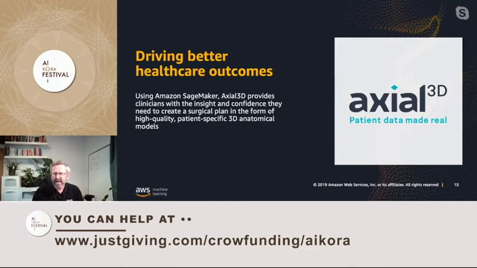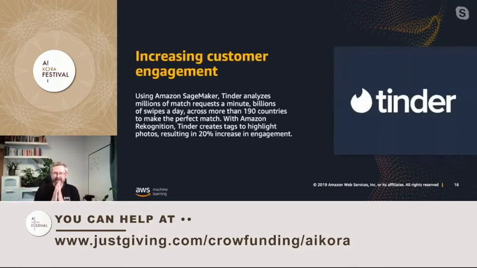A much more fun example is maybe Tinder. So Tinder are a customer, they're using Amazon SageMaker, a machine learning platform, to create the matches to recognize who you might want to recommend as someone to pop up and then go swipe left or swipe right. Now, personally, I've never actually used Tinder myself, but I'm told it's got a premium service where you can improve the quality of the matches.